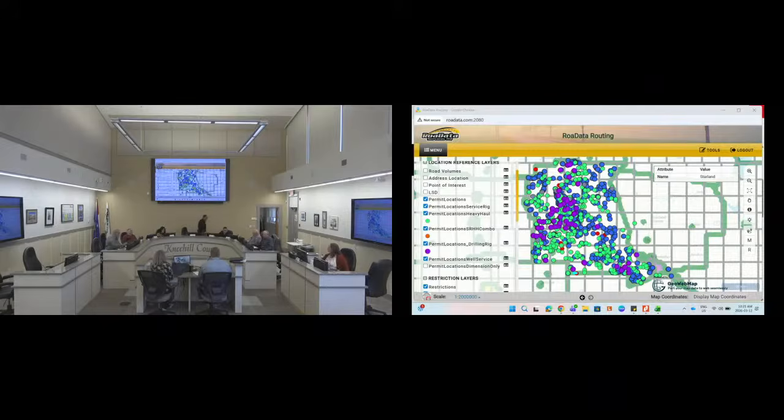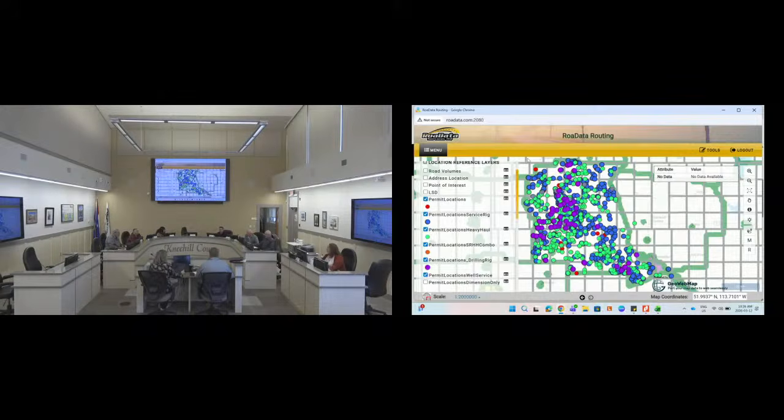So through all of the committee of the whole, this is the map of Kneehill County and all the things going on. I could blow it out, but it would make it smaller. But you can see on the side legend, the blue would be where our service rigs are, permit locations are red, green is heavy haul. So we can see very clearly that there is a lot going on here and a lot of stuff on our roads. I wonder if road data would be able to give me a difference between 10 years ago and now as to what's been going on, but I would love to include that information as we do our analysis. But you can see it's out of control.